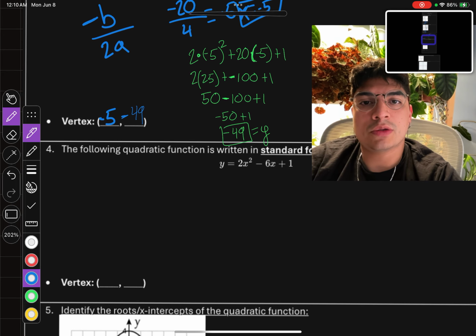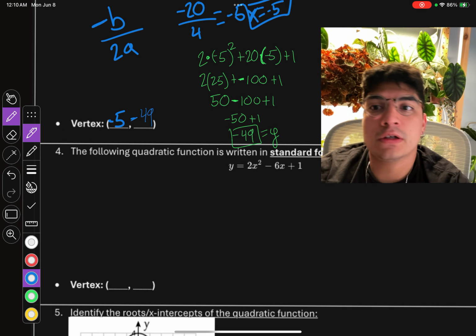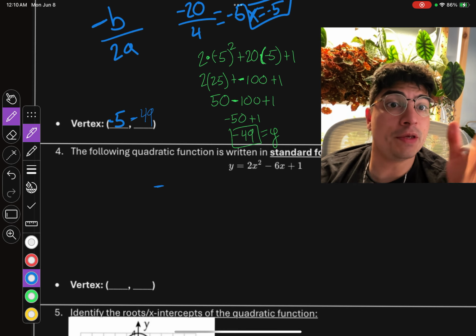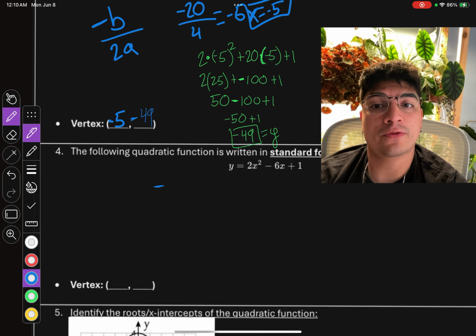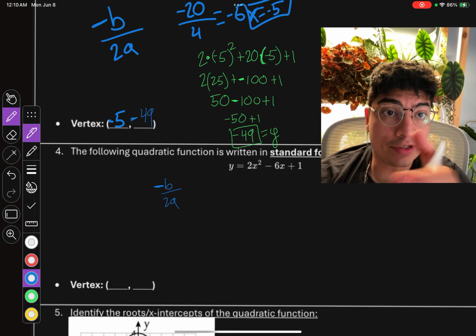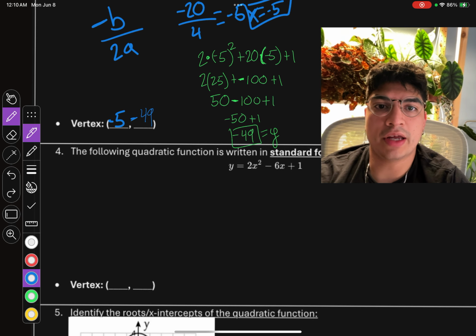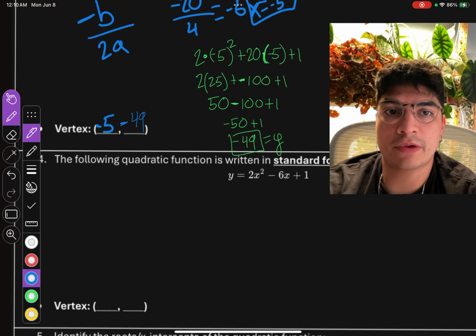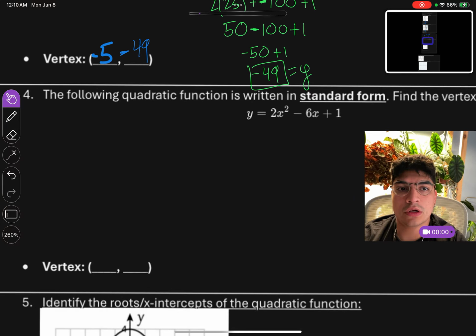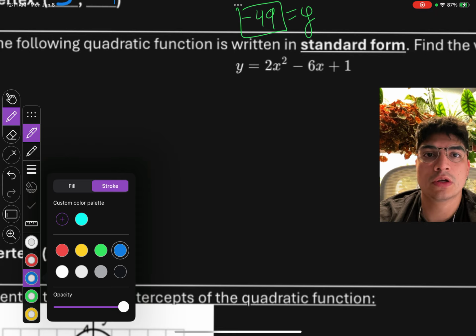Next one, let's see what we end up having. Oh, the b is actually already negative. Because our formula is negative b divided by 2a, and the b given to us is negative, that changes what you'd end up writing. I'm going to make my face a little bit smaller. I want some more room here. So in this case, we're going to end up having,